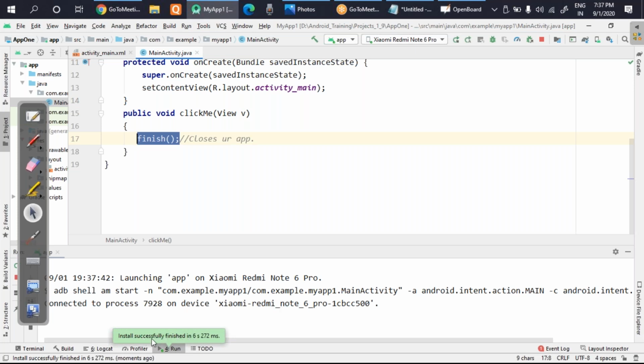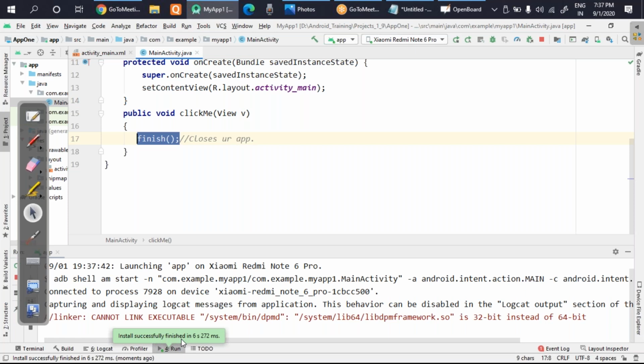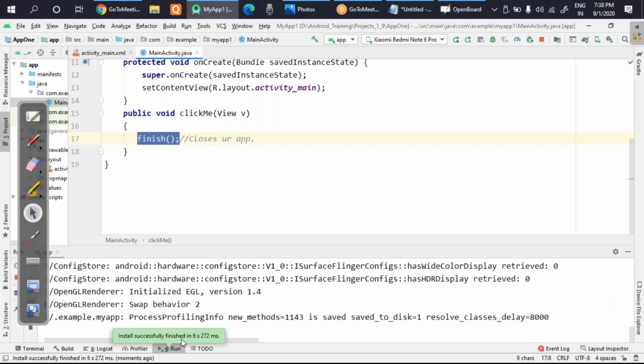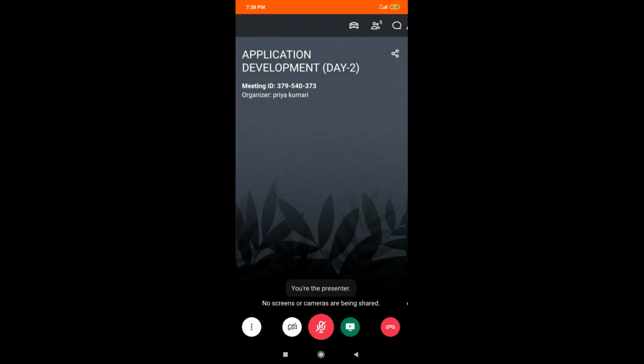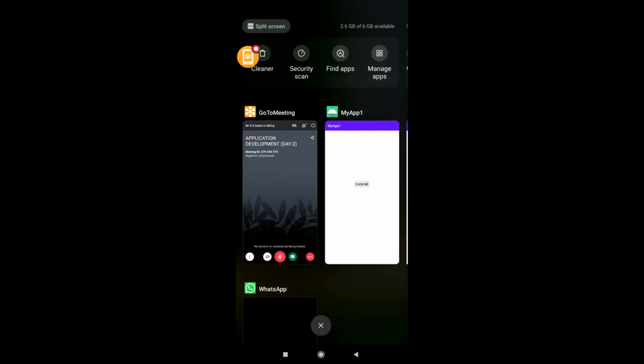You can see it's written here, install successfully finished. Okay, and I'll show you in my smartphone now. I'm just closing this, stopping this screen, and I'm now sharing the screen from my smartphone. So I hope you can now see my smartphone. Okay, and I'll quickly show you the app.